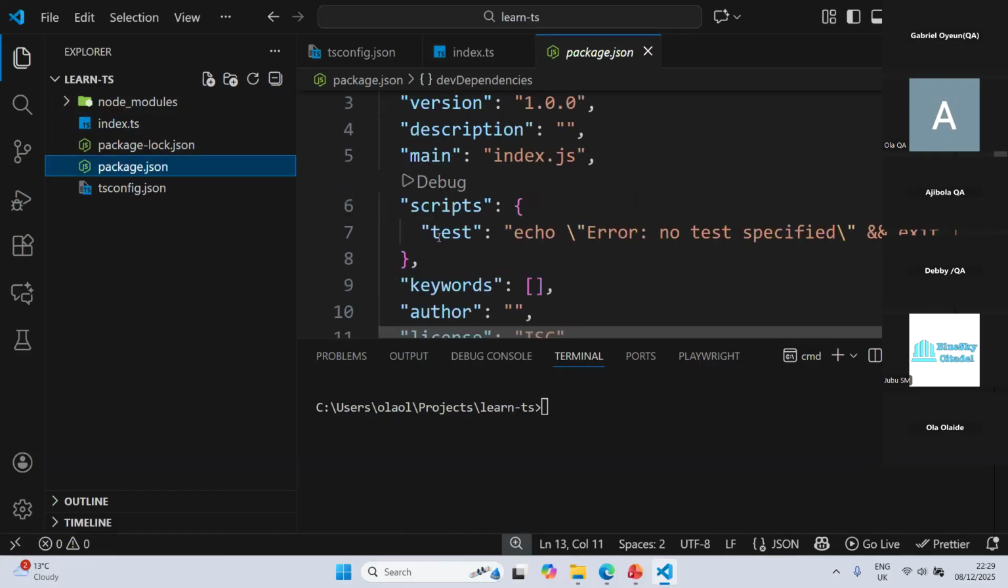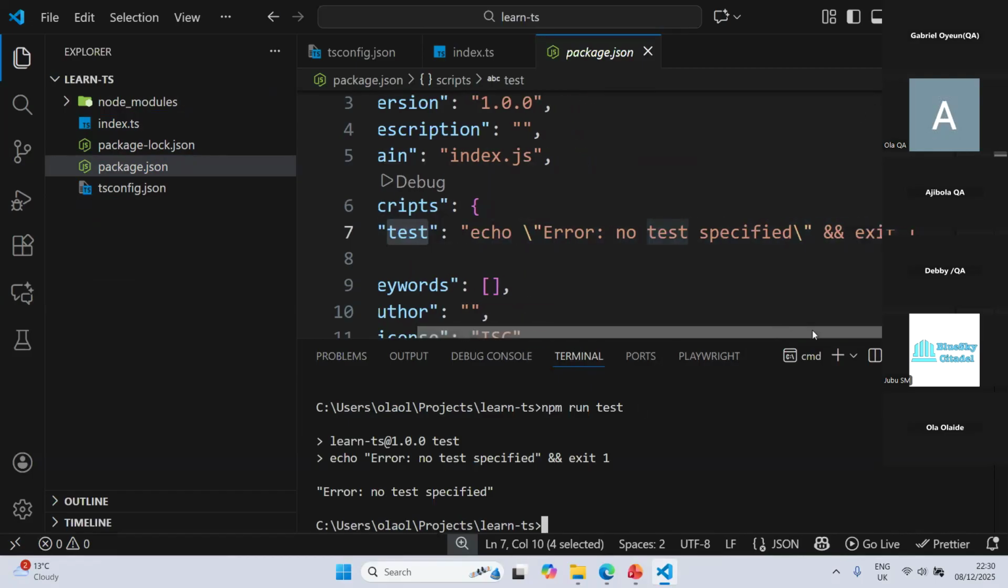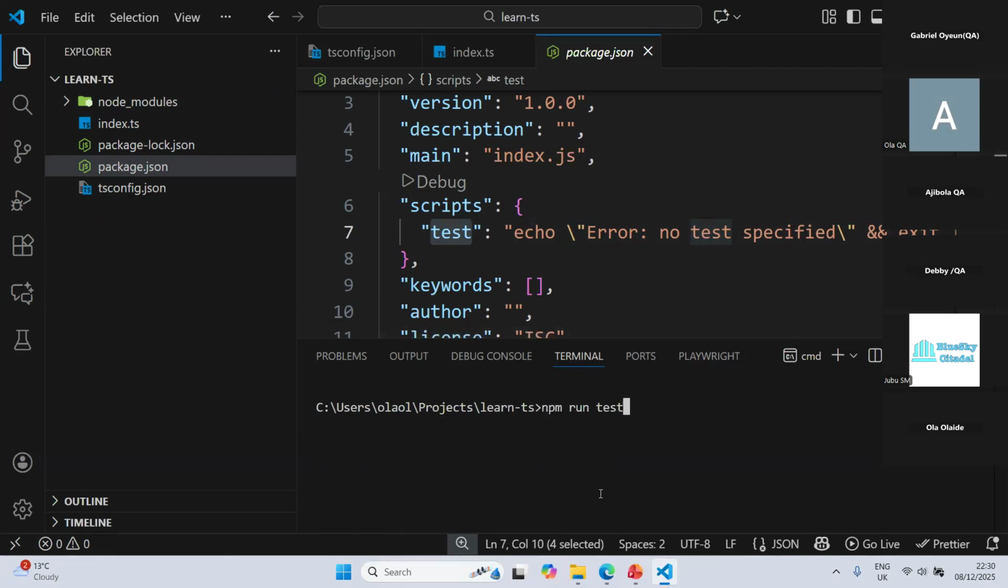In our scripts, this is the script that runs when we do npm run test. If I run test, because test is part of our scripts, I click enter. As you can see, it echoes "error: no test specified" and exits with one. So it's actually printing what is there. If we want to run node index.ts, all we could do is